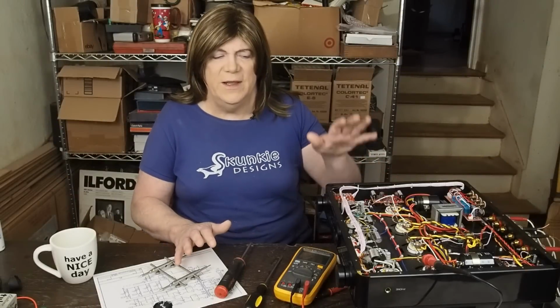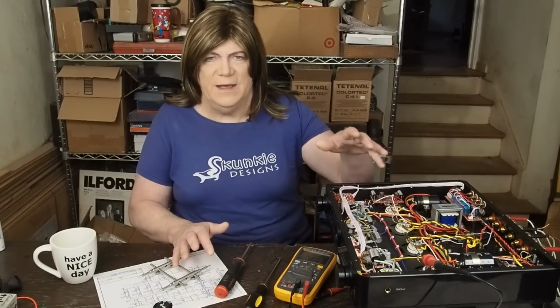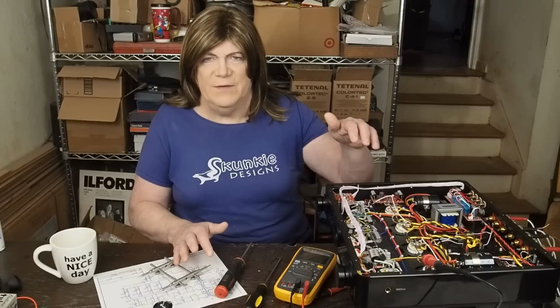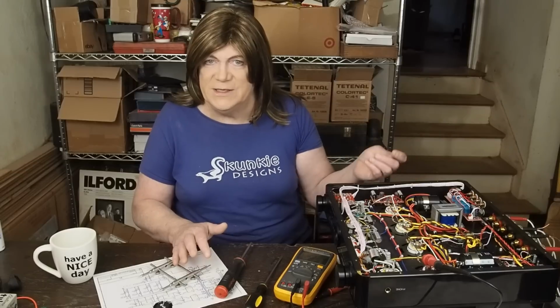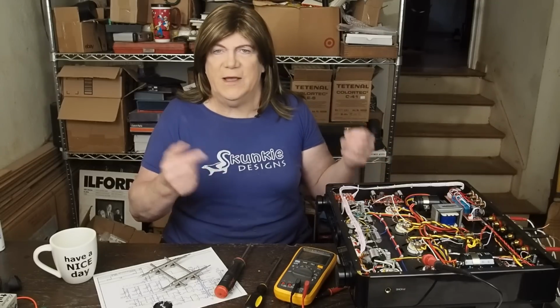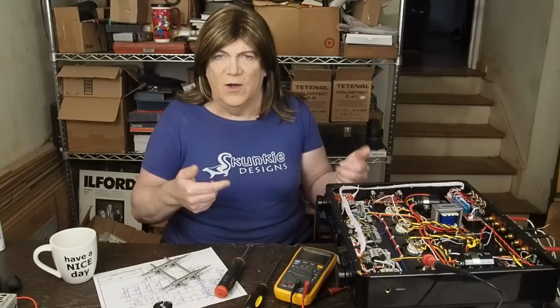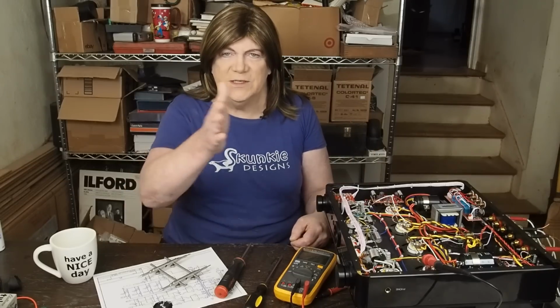Now, going into the next stage, I'm going to be looking at the input tube and the phase splitter, how they're wired up, and how they compare to the schematic. I'm already seeing that there's some parts missing in this amp that are in that schematic. The other thing we want to be careful of is that this amp has so much direct coupling on the front end, which means there are no capacitors between the sections to block the DC, so you have to be real careful about